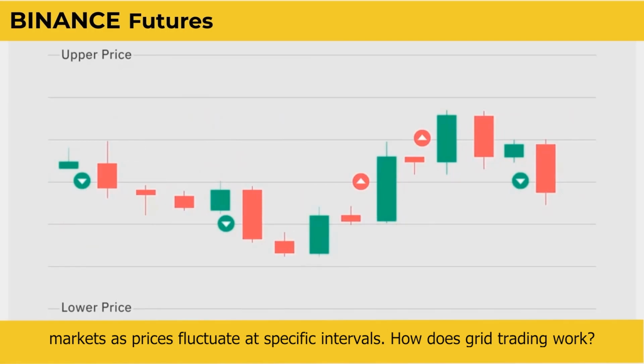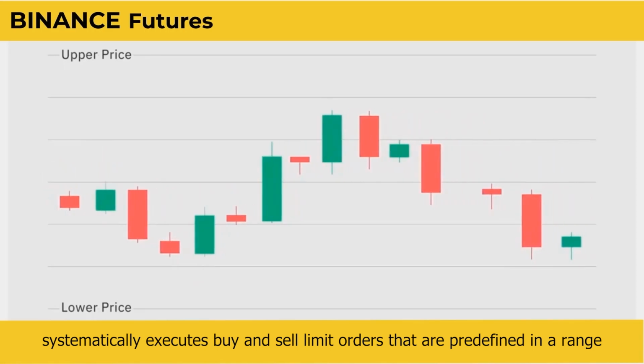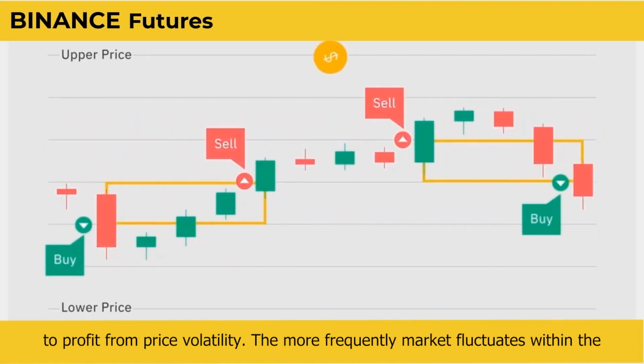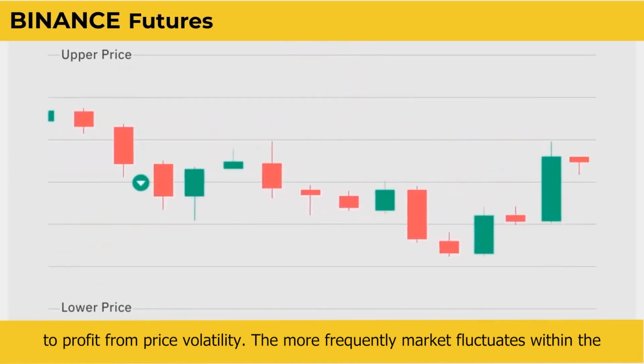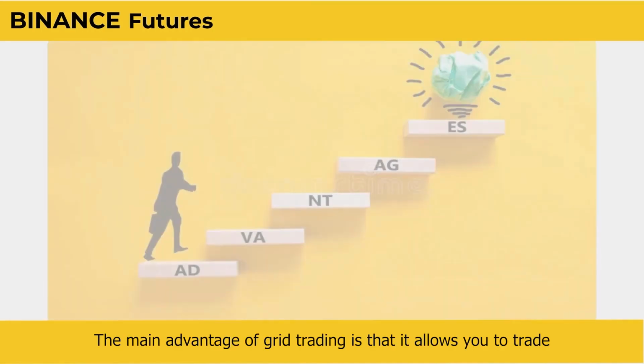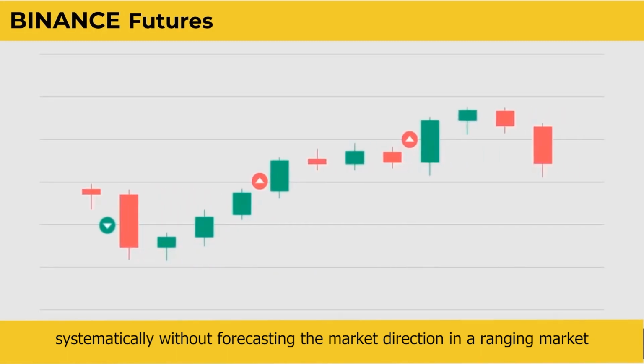How does grid trading work? Essentially, grid trading attempts to make profits on small exchanges. It systematically executes buy and sell limit orders that are predefined in a range to profit from price volatility. The more frequently the market fluctuates within the price range, the more profit you stand to make. The main advantage of grid trading is that it allows you to trade systematically without forecasting the market direction in